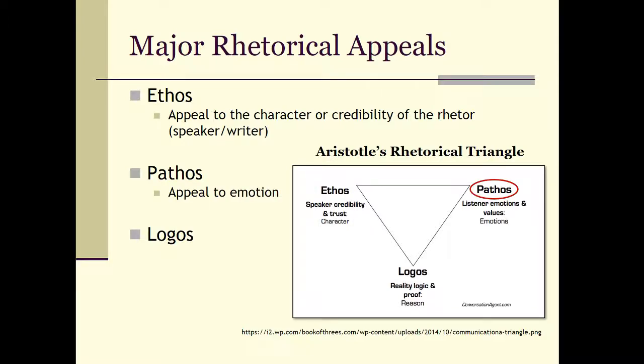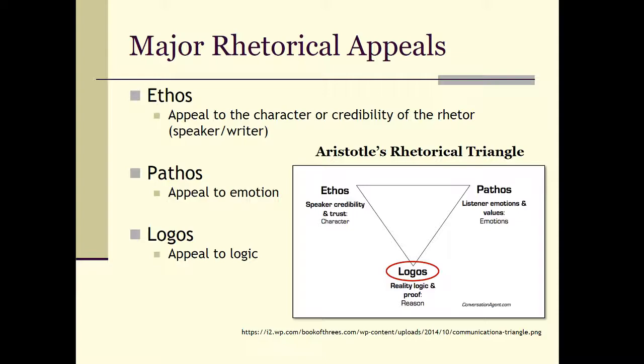Then we have pathos. Pathos is an appeal to emotion. In English we have the word pathetic. That often means sad or sorry. That's not quite what we're talking about here. What we're talking about is just plain an appeal to emotion. So if a person who is writing is using a pathos-based argument, that person is playing on the reader's heartstrings and saying, oh, you should feel this way and follow through because you feel this way.